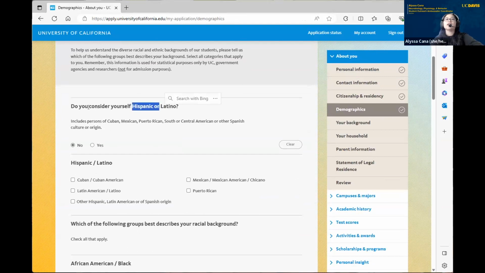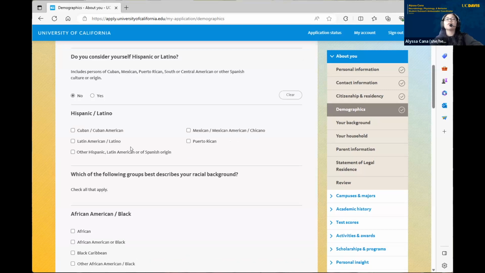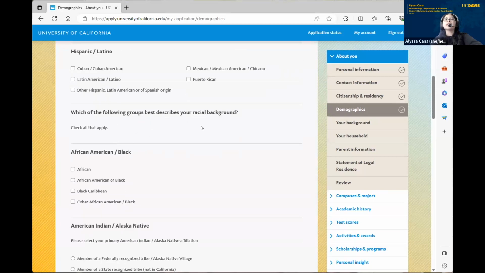We have, do you consider yourself Hispanic or Latino? So this includes persons of Cuban, Mexican, Puerto Rican, South or Central American, or other Spanish cultural origin. You would say yes or no, and then you can go ahead and check the boxes that you identify with. And the same with the others. So you would check all that apply. So you would check out